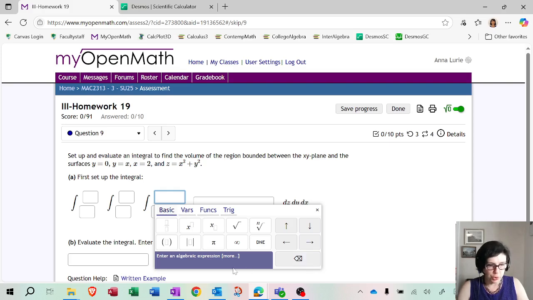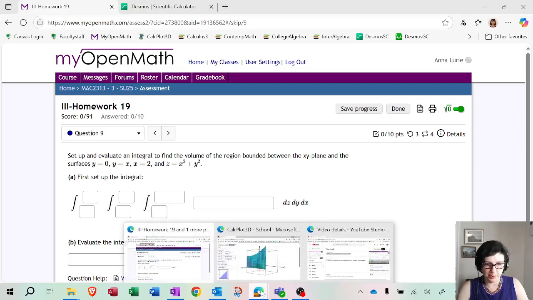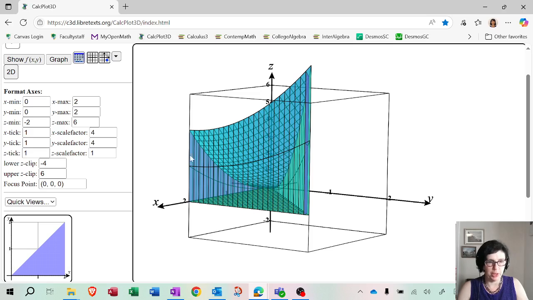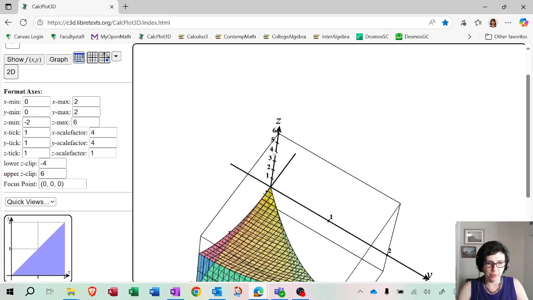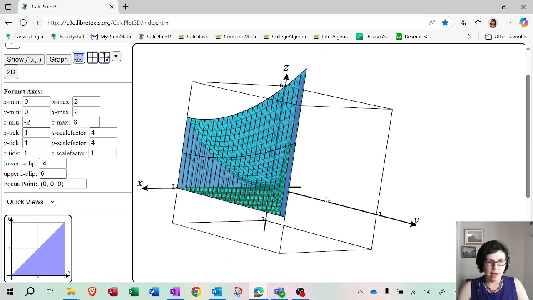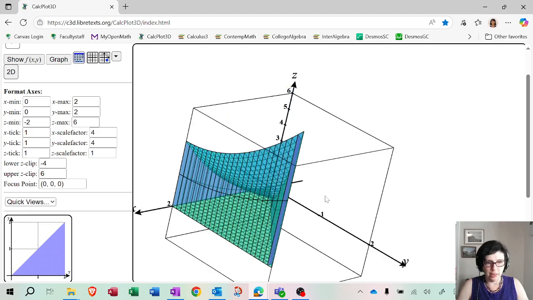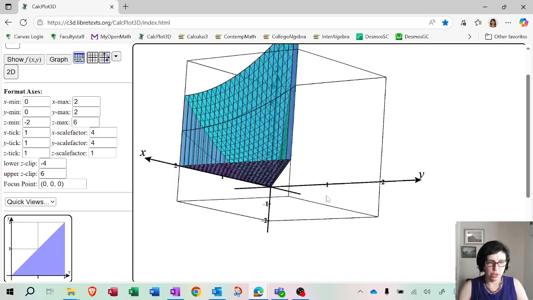Now, I also want you to look at the picture here because it's always easier to look at the picture to visualize the situation. So this is the solid. You can see the bottom is bounded by the xy plane, which is z equals 0. And on the top, you can see that's your paraboloid, right? This paraboloid right there. Now, let me just try to rotate it so you can see the